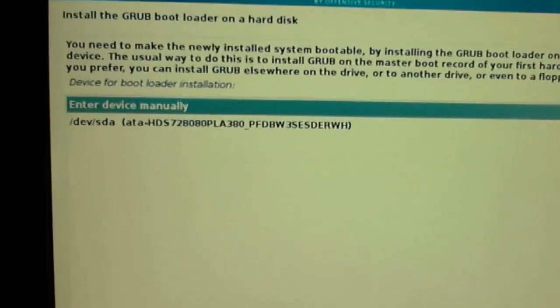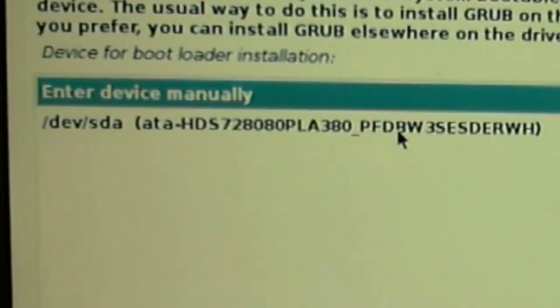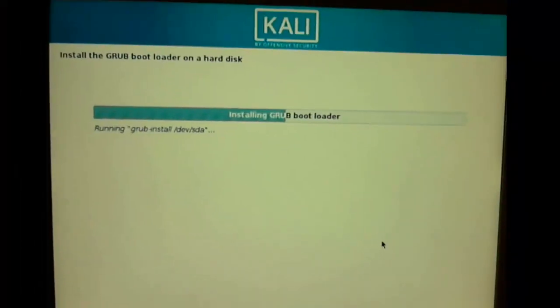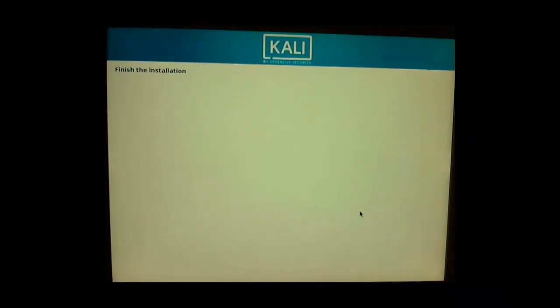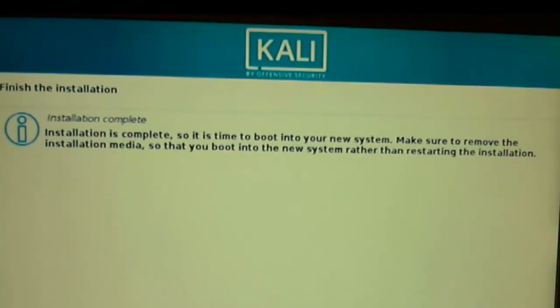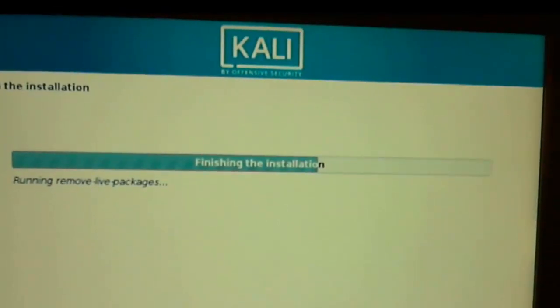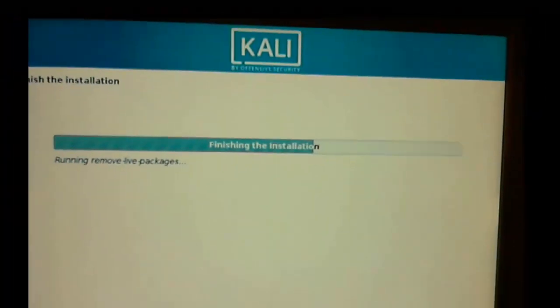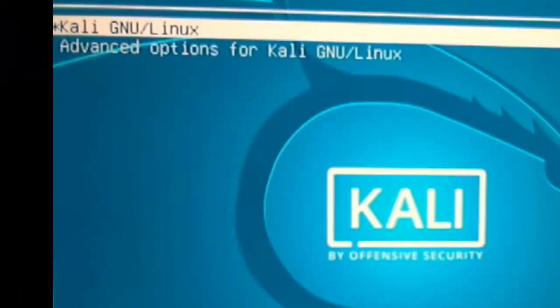Click continue. Select /dev/sda. Click continue. The installation is finished, and at this point I open the tray of the CD-ROM, and now I will show you the DVD. This is the installation DVD. And now the installation makes a restart.